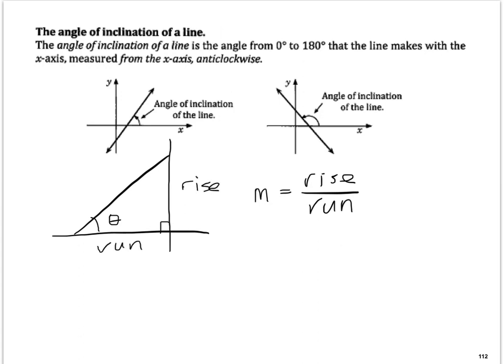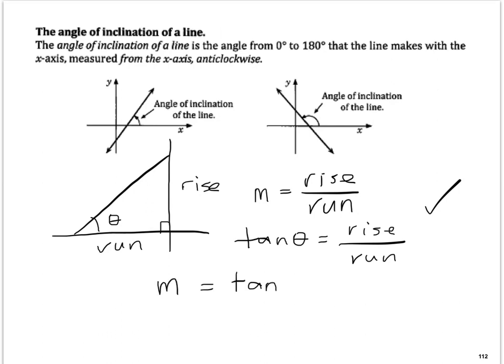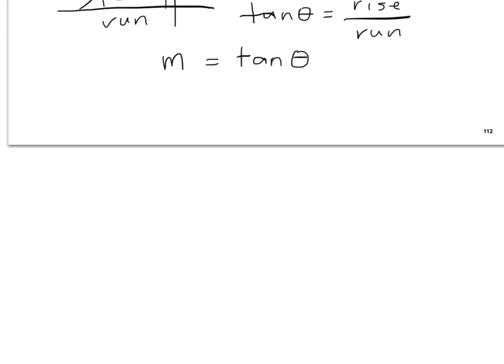Also, we know in that right angle triangle, tan of that angle is opposite over adjacent. So in fact, the gradient of the line is the same as tan of the angle that the line makes with the positive x-axis. So this is good stuff to know about, because then we can say things like,